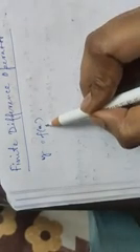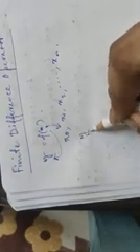The chapter is finite difference operators. Suppose we have a function y equals f(x) which is given in explicit formula, that is, we have been given a few values of x like x0, x1, x2 ... xn. These n plus 1 values of x are given and their corresponding values of y, that is f of x0 is given as y0, f of x1 is given as y1, similarly f of x2 is y2 and so on up to yn. These are given for the function y equals f(x).